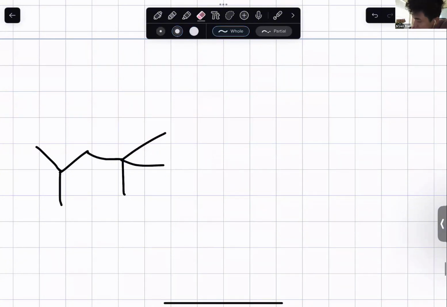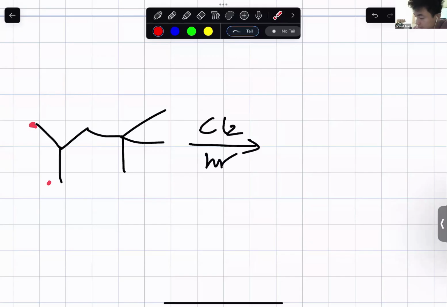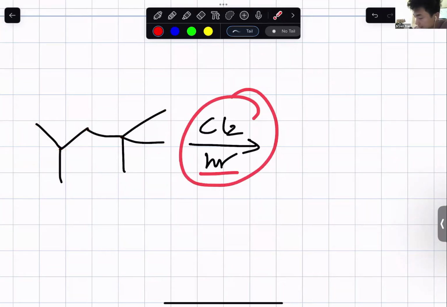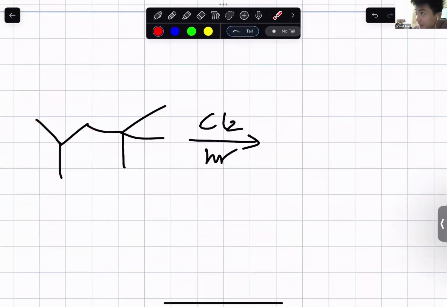And instead of doing that, I'll just do this right here. Okay, so CH3, CH3, C. This is the CH, this is the CH2, C, and the CH3 is right there with Cl2 and light. So now they're asking how many constitutional isomers can be formed from the monochlorination. So we're adding one chlorine to this structure. And constitutional isomers would mean that we have the same chemical formula, but different connectivity. Right.